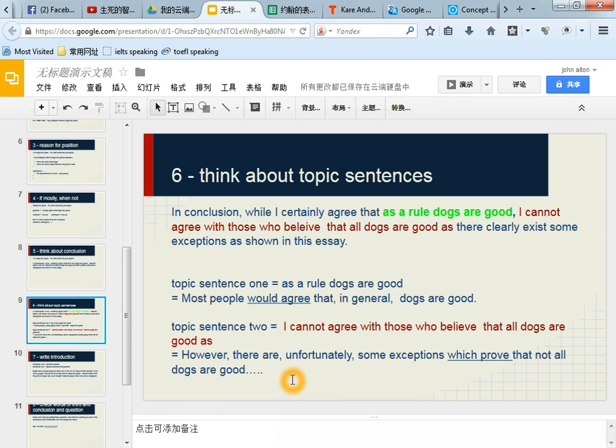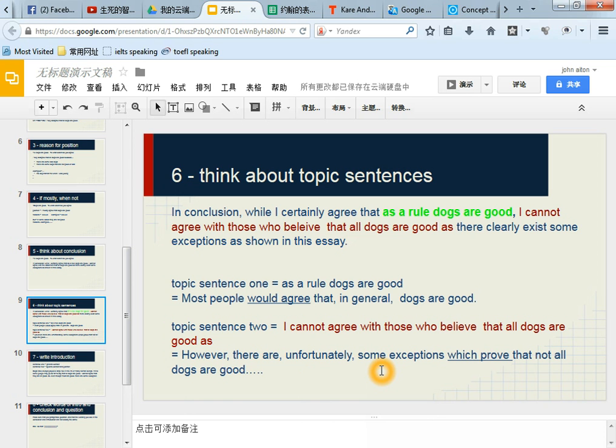So what's interesting here, you can see that I have talked about what people think, and then I've talked about more directly what I think. So it's certainly possible to talk about positives and negatives. It's possible to talk about what other people think and what you think. But the main thing you need to think about is if it fits your essay quite well.